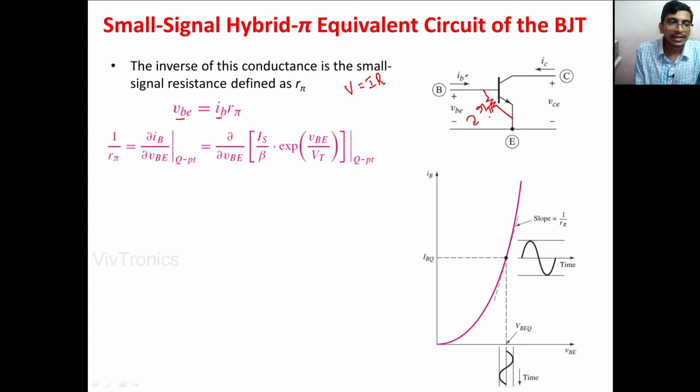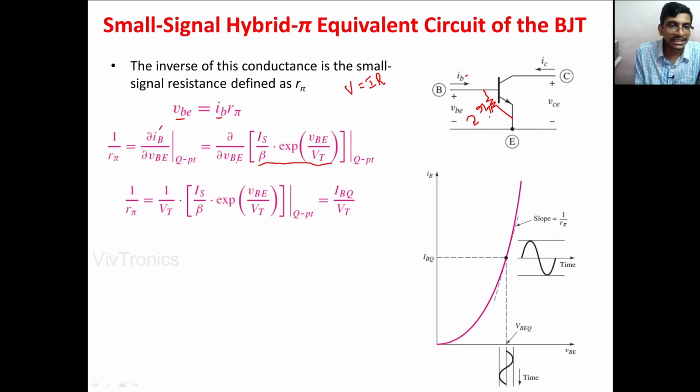Here dou IB by dou VBE is the change in the base current with respect to the change in the base to emitter voltage. At the Q point, we are assuming those values are pure DC values. We know that the base current IB is equal to IS divided by beta into exponential of VBE by VT. In the last derivation we have seen this is the value of IB. So when we substitute that value in place of IB and differentiate with respect to VBE, because IS by beta is a constant and the derivative of exponential of AX is A into exponential of AX,